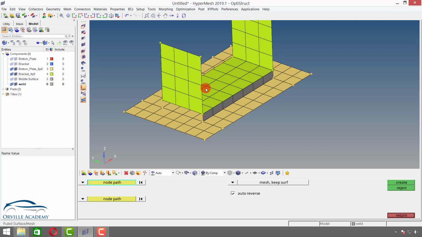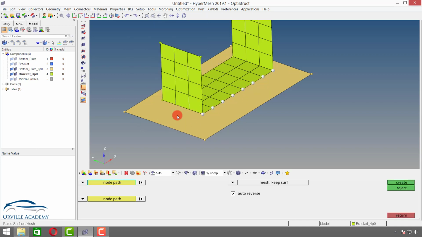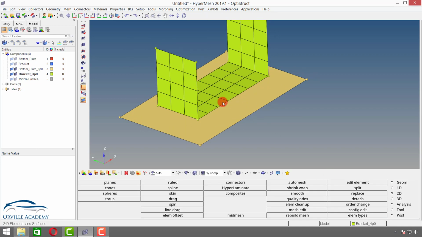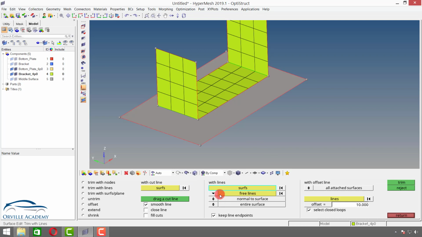So with the help of project you can do these things. Now let me say again reverse, or let's say undo, and let me undo till this thing. Instead of first creating lines, then projecting it, then trimming it, you could have directly gone for geometry, surface edit, and here instead of free lines you could have done surface edges also. That would have also resulted in the same thing, and generally we go by the same procedure.